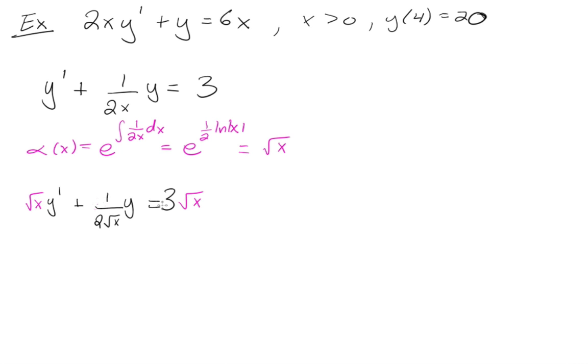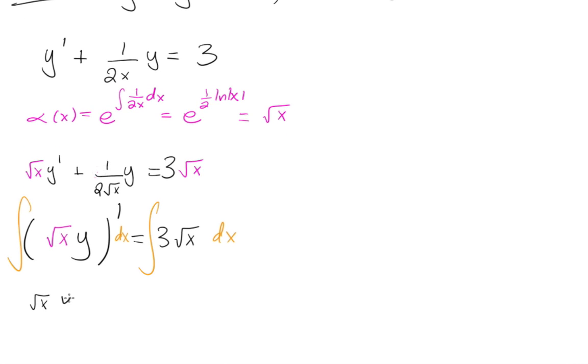Okay, so then what is the left side equal to? Is that equal to the derivative of a product of two functions? Derivative of the product of which ones? Square root of x and y. Right? It's always a good idea to check. So that's definitely the same, right? So this is equal to 3 square root of x. Integrate both sides with respect to x. And then we get,